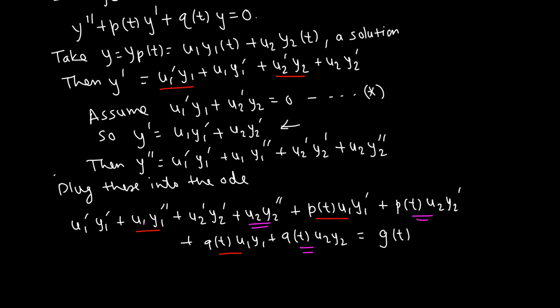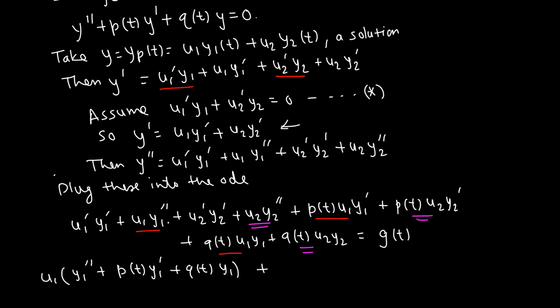So let's factor u1 out, and factor u2 out. Then we get, in this case with u1 out, y1 double prime plus p(t) y1 prime plus q(t) y1,